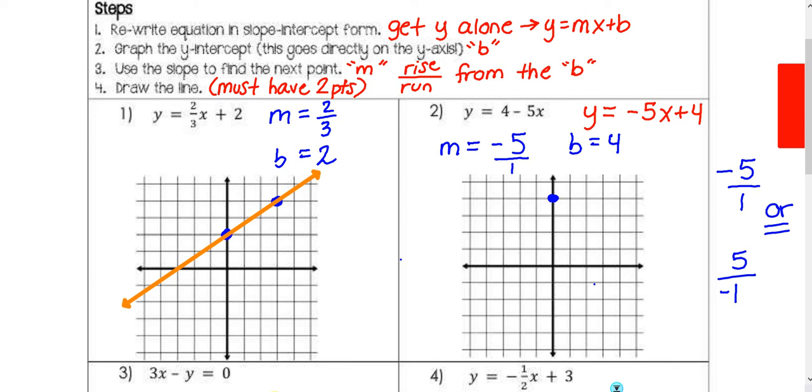So in this case, we're going to choose the negative 5 over 1 option because if we chose the other option, it would take us off the graph. So I'm going to fall 5, 1, 2, 3, 4, 5, run negative 1. So I am brought right here to this point, connecting your points